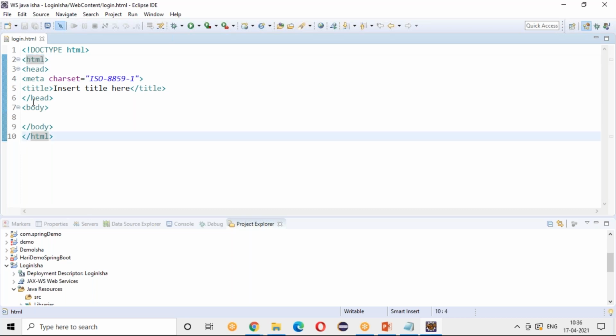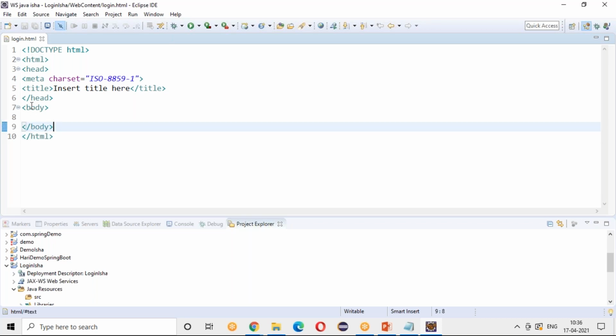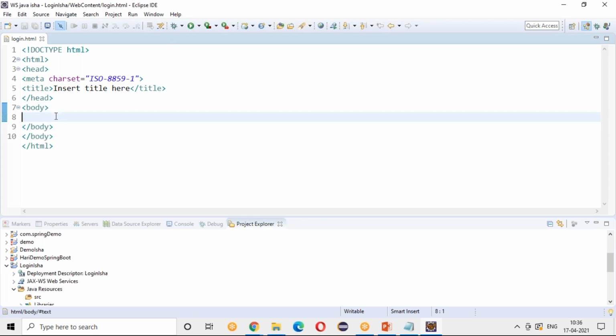For a header, you have a head tag. You open this head tag and you close it. Whatever tag you open, you will be closing it. There's a parent HTML tag; I opened it and I closed it. I'll be writing all my HTML code under this. This is hypertext markup language, which is understood by your browser. There's a body; I opened it and I closed it, where I'll be writing the content.